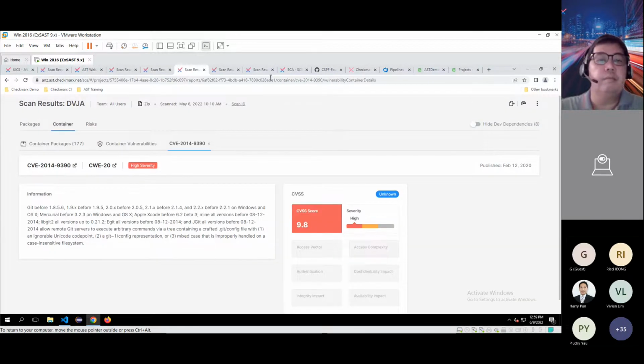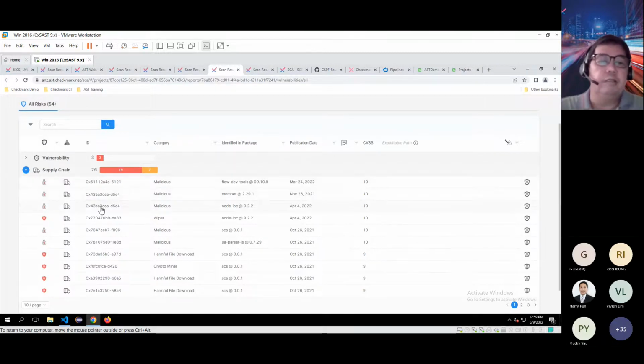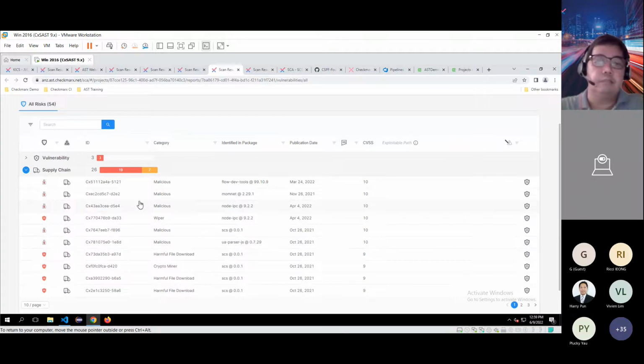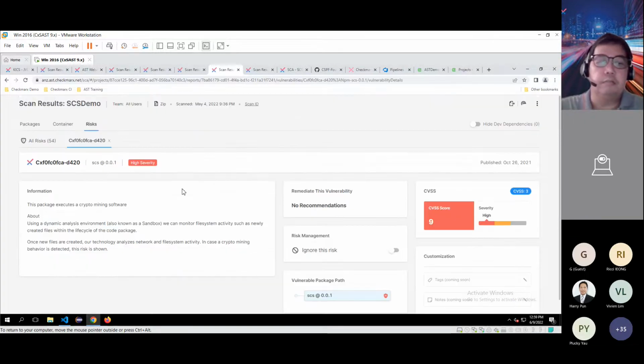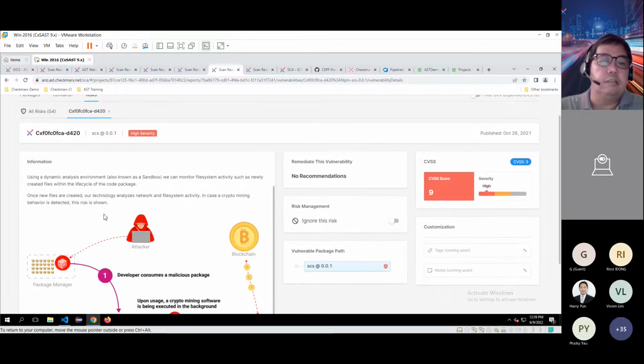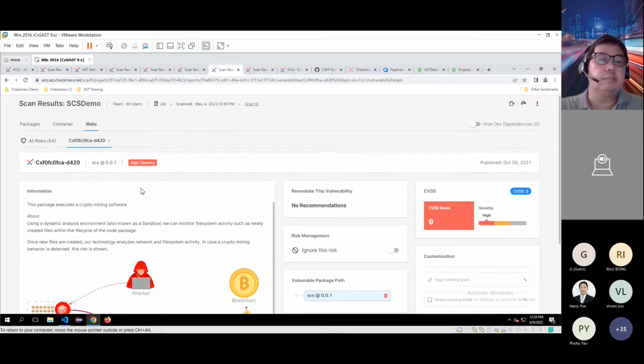Okay, and then for supply chain security, using the AST platform you can also find if your project has a malicious package, such as the UA parser that I showed you earlier, or other typosquatting packages. Okay, you can use the platform to find all these malicious packages. For example, you can see this is a package using crypto mining, potentially causing a crypto mining risk to your project. Okay,